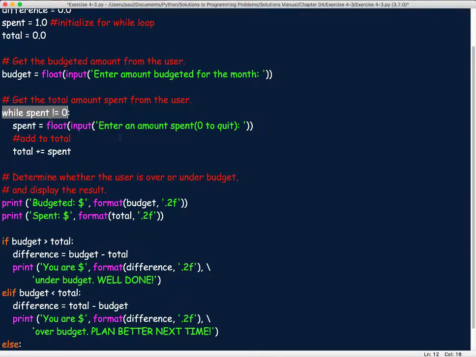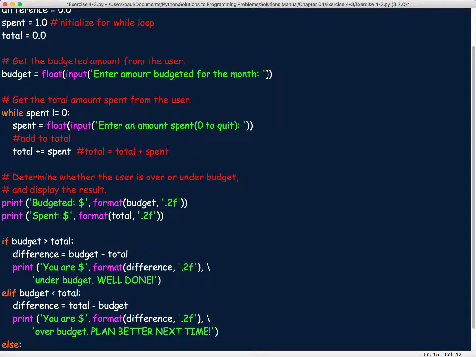So it comes in, it's going to prompt the user for the amount they spent, and they're going to enter that in. It's going to convert to a float, save it as spent, and then it's going to increment the total. Now this is the same as doing total equals total plus spent. This is just a shortcut way of writing this, which is perfectly legal. You can do plus equal, minus equal, divide equal, all of those, and make your life a little bit simpler as you go through some of these to do accumulation.